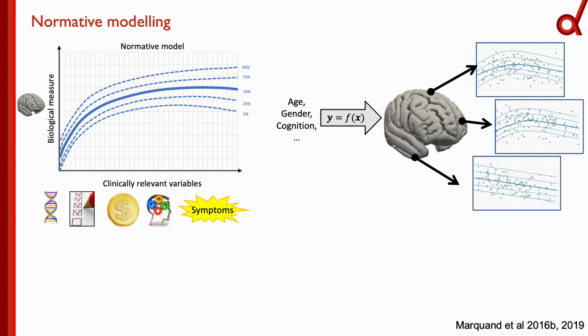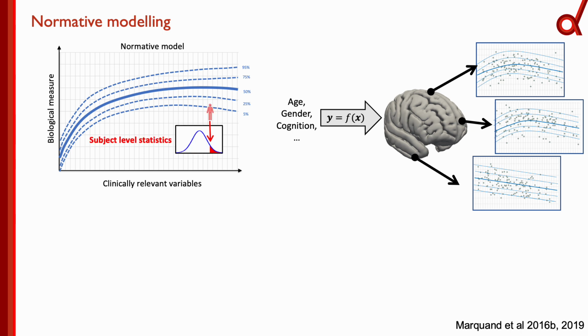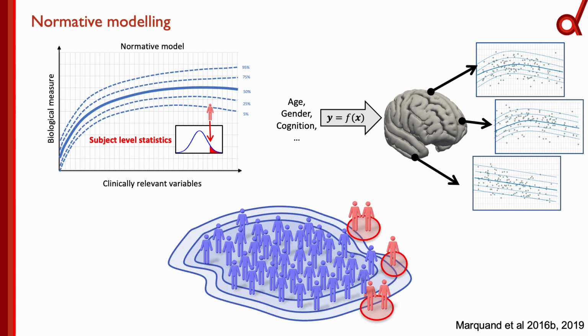And of course, one of the key features of normative modeling is that we can make subject level predictions on the basis of the centiles of variation that we learn from a large data cohort. And this provides, I would say, an ideal platform for stratifying conditions